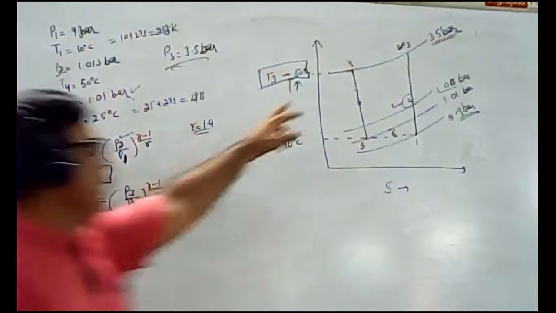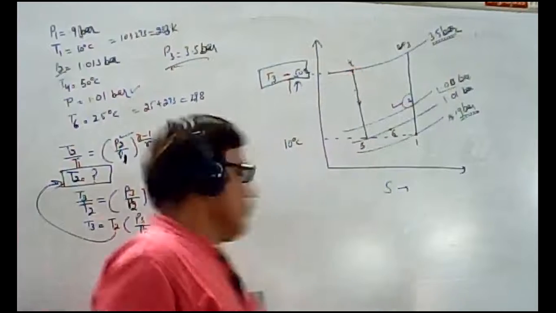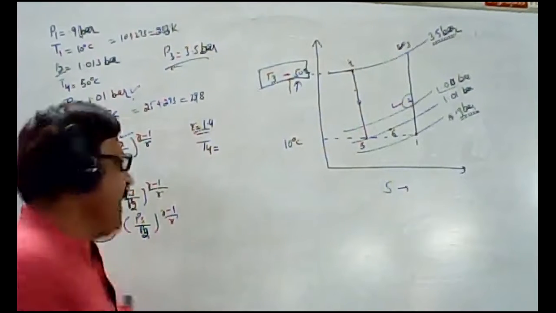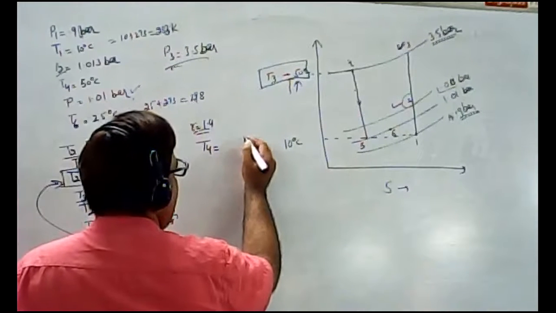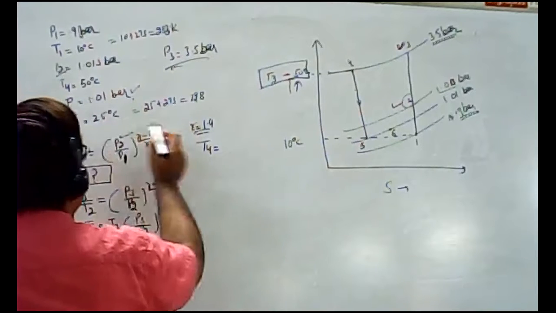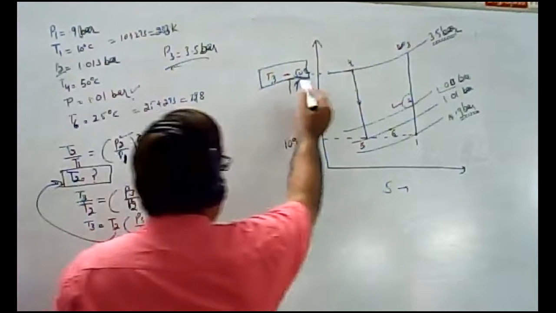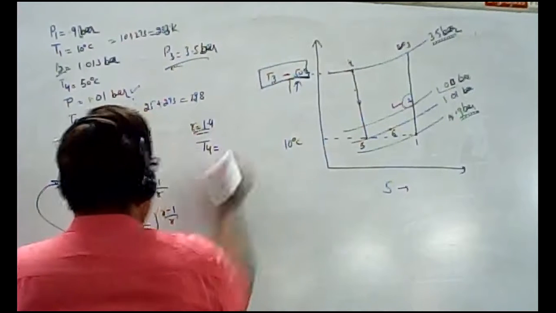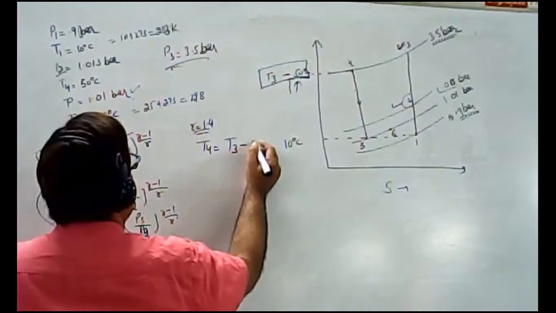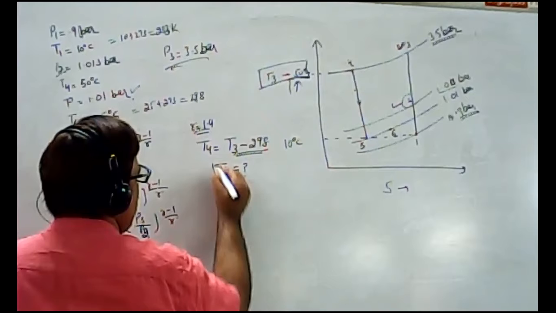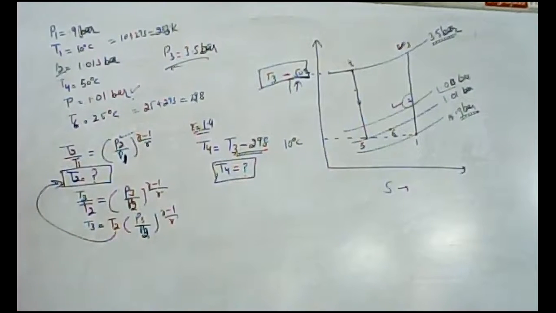Now what will be the value of T4? So T4 you can calculate. It is given in your statement that T4 is 50 degrees after passing through the compressor. So this means T3 minus 50 is coming. So this will be the value of your T4, the temperature after compression. Okay.